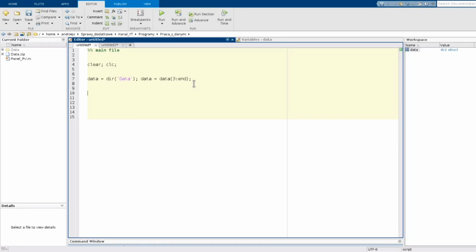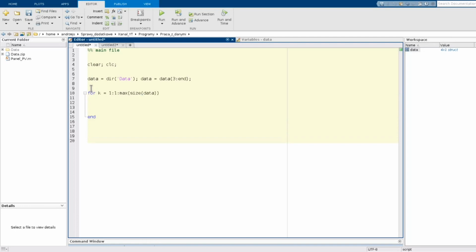So I need a for loop to go through this table of structures data. So for k, okay,